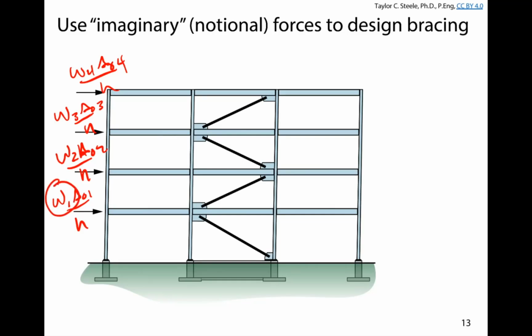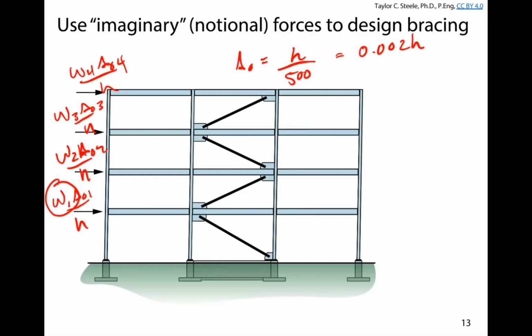you have the height of the story, and what would be a reasonable thing to consider for the initial displacement? If it could be anything between 0 and H over 500, what do you think a good value would be to take delta naught as? Should we say 0? No, that's not conservative. What would be the conservative thing to do? Well, there's an upper limit on what delta naught can be. We're not allowed to build structures with delta naught bigger than H over 500. So that means we should probably take delta naught of at least H over 500 to be conservative,